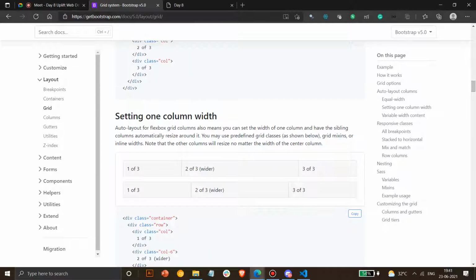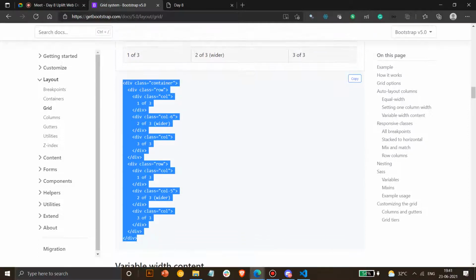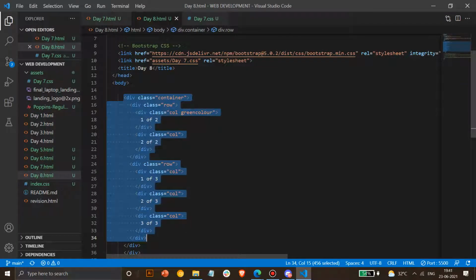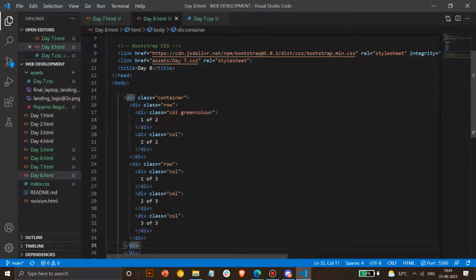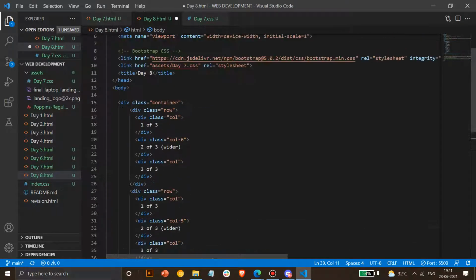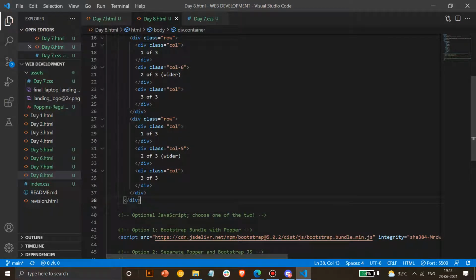If you want to change the length, you can add col 6. What happens if you add col 6? Anyone? What does col 6 do? We take this example. Try guessing, guys. No issues if you get it wrong.